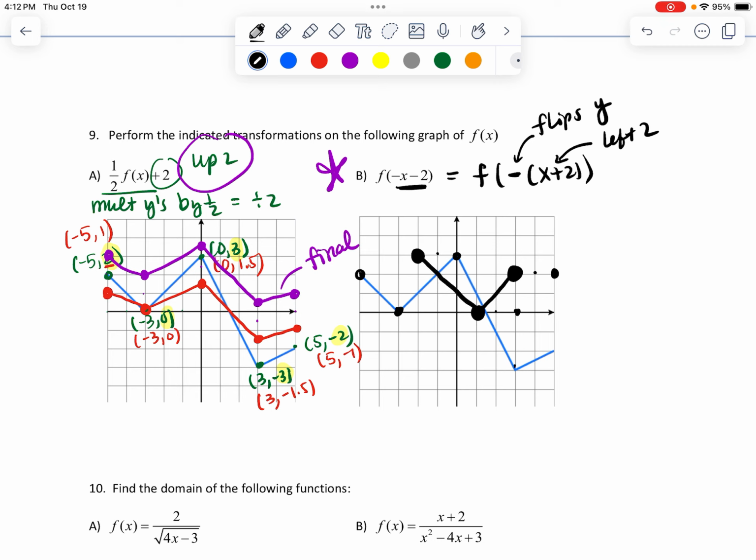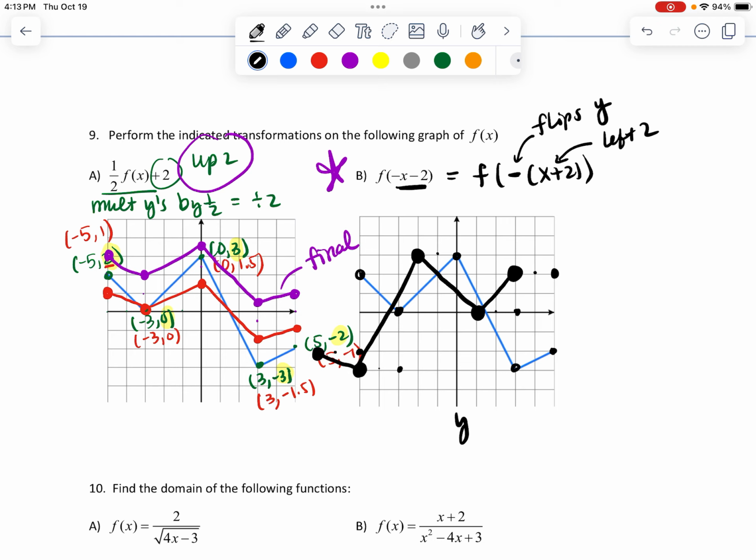It's going to connect that. Okay, and then I'm going to take this point, flip it over the y-axis. Remember, this is your y-axis. Flip it over the y-axis, which lands you here, and then move it left 2, which is going to land me right here. So connect that. Okay, and then last but not least, this little guy, flip it over the y-axis, which is all the way over here, and then moving it left 2, 1, 2 is going to land me somewhere right here